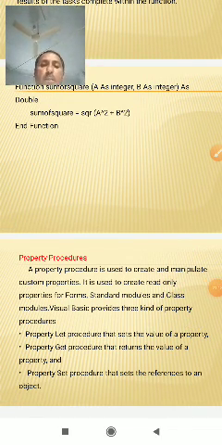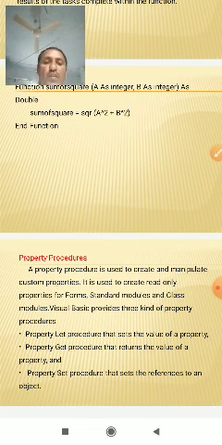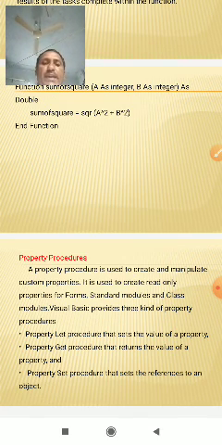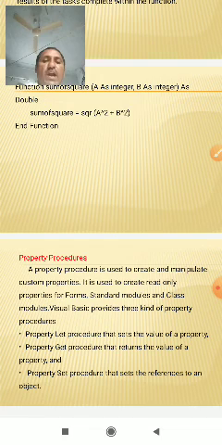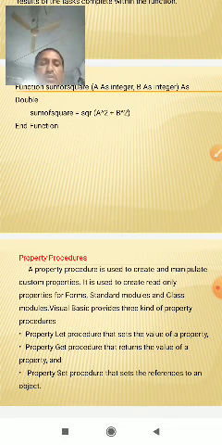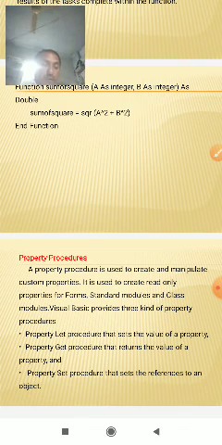Number one, Property Let, a procedure that sets the value of a property. Property Get, a procedure that returns the value of a property. Property Set, a procedure that sets the reference to an object. These are the three property procedures.